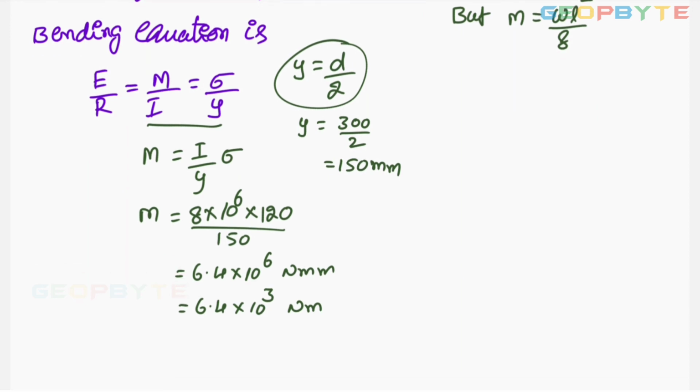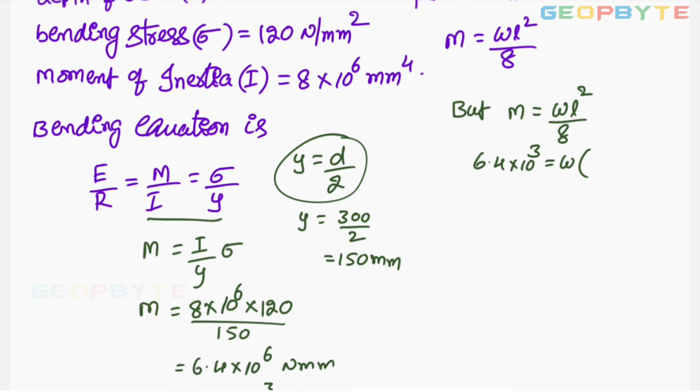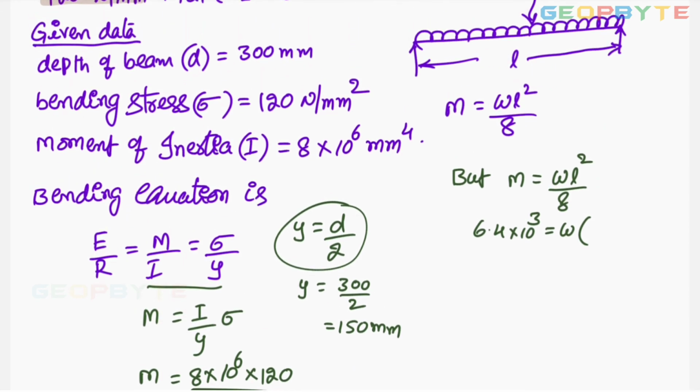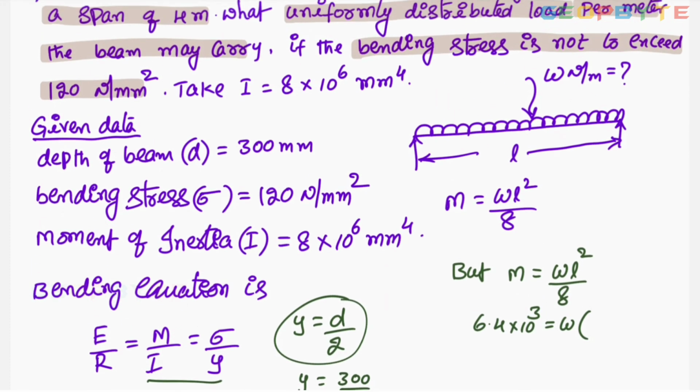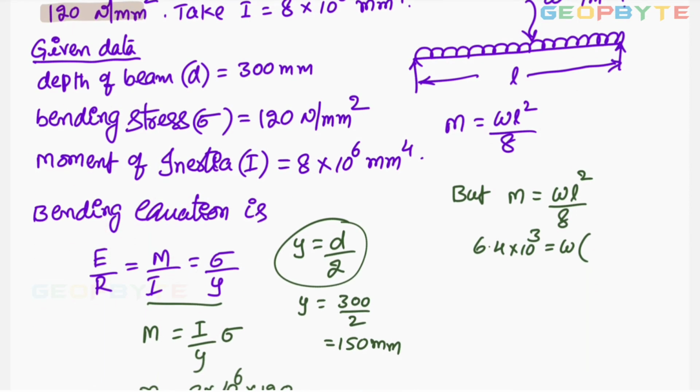M equal to 6.4 into 10 power 3 equal to W into, what is the L value? How much length is it having? One minute, I forgot to write. Length is span means length. Here it is 4 meters. So 4